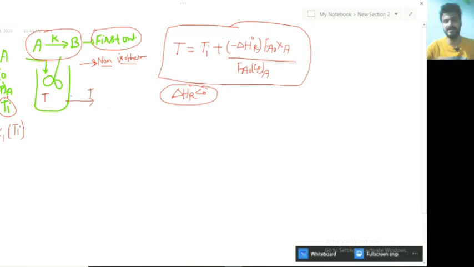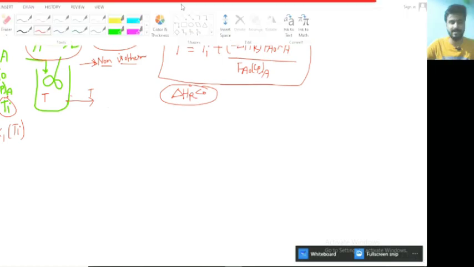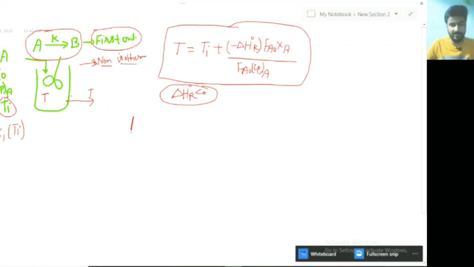Now understand one thing. If you draw the graph of this particular reaction, my dear students, then you will be able to understand how the reaction outlet temperature is going to change. That's the major concern here. I'm just going to draw the graph here. Already I have drawn this graph in my previous lecture, but again I am drawing it here. Now, if the reaction is exothermic, here I am writing this is an exothermic reaction which is taking place in the CSTR. So there must be an inlet temperature, the initial temperature is Ti.